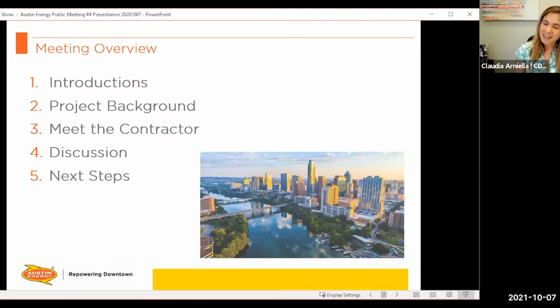We're going to start with a brief background on the project, describe why this substation is so important for the downtown electrical grid. And then we also have a short video that gives a good summary about what a substation is, and also share some details about the design. And then we're delighted to share some images of the final design and introduce you to the contractor team from